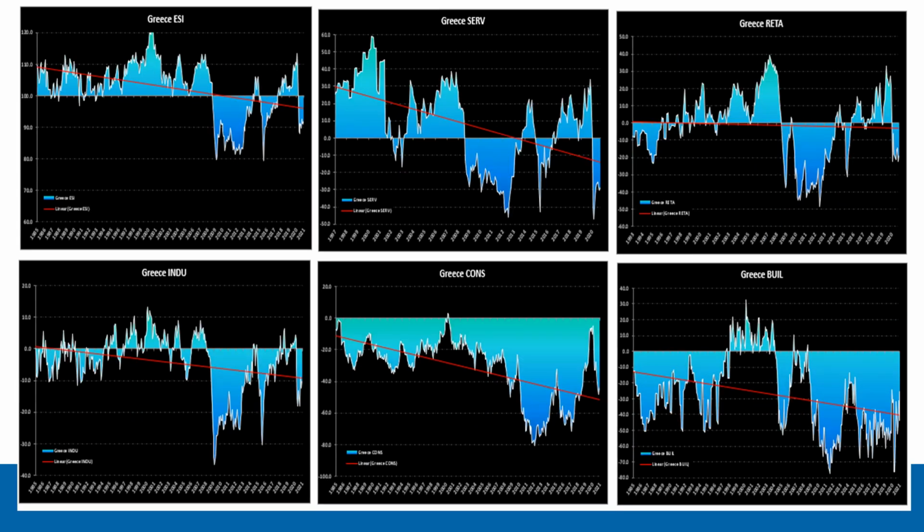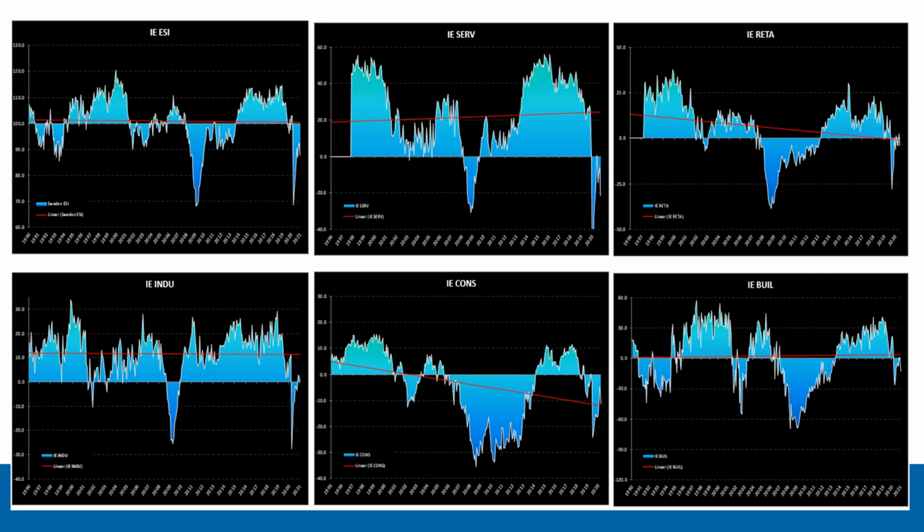Next up, Greece, the basket case of Europe. Not a big economy by any stretch, so we don't pay much attention to it. But any type of recovery in Greece, Greece is very sensitive to the sentiment of the future of the European project, the Eurozone and the Euro currency. We have to keep an eye on Greece a lot in case there's any major turning points there. So again, you just fill in your data, eyeball the data on the charts. Are we above trend? Are we below trend? Are we peaking? Are we troughing? Just good to keep on top of it.